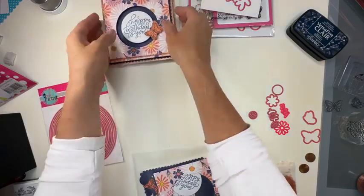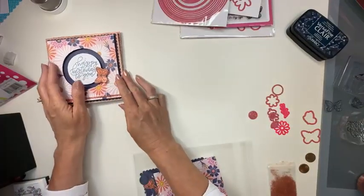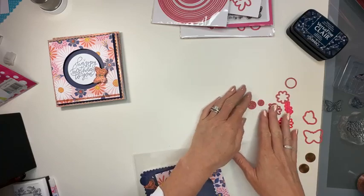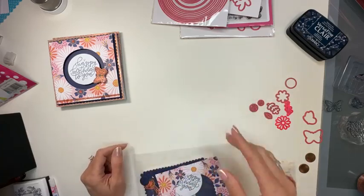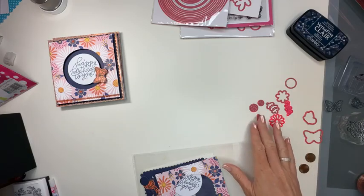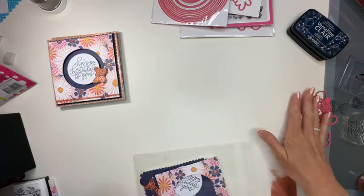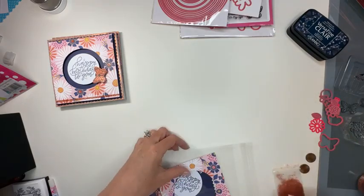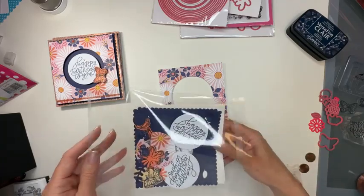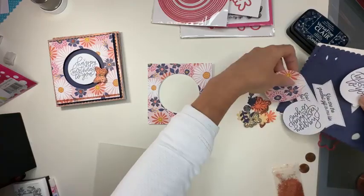Let's go ahead and pop open one of these kits so you can see all the goodies that you get in the kit. I did put the links. Oh, all these little guys came from the envelope pop-up card dies. So any little flowers and leaves that you have would be cute. So we'll scoot those over. Alrighty, in your kit, again, enough to make 2 cards. So you're gonna have all these little goodies,